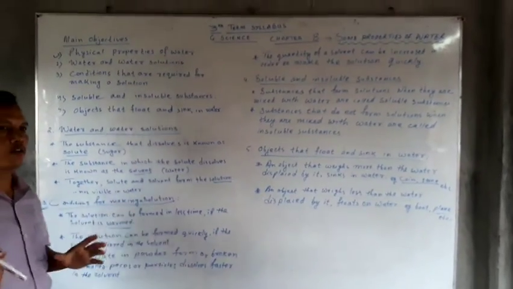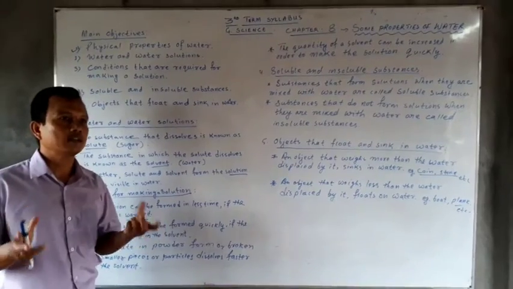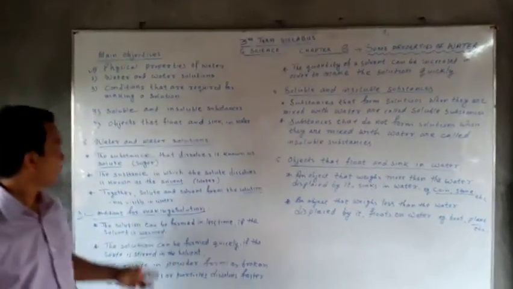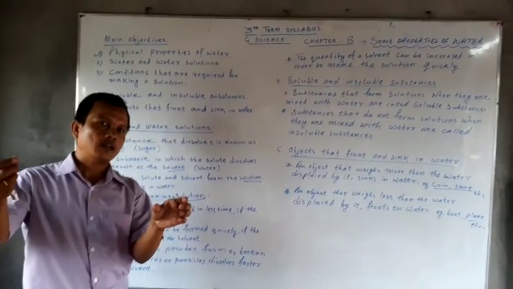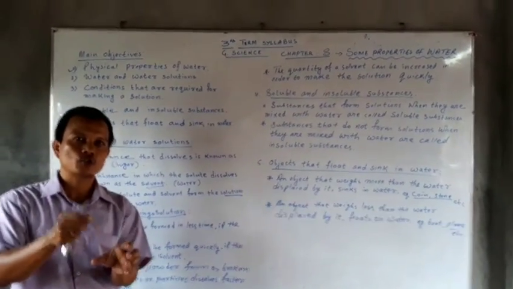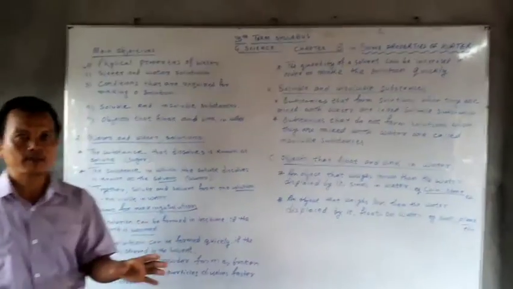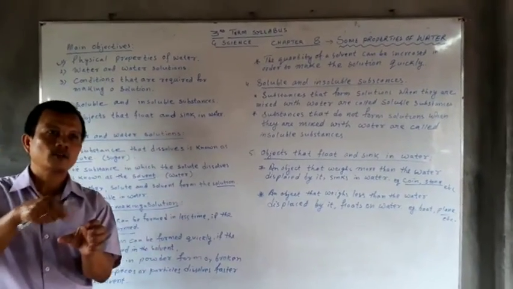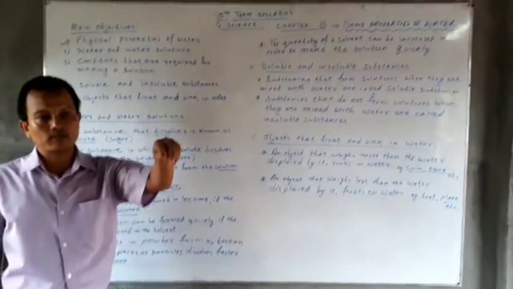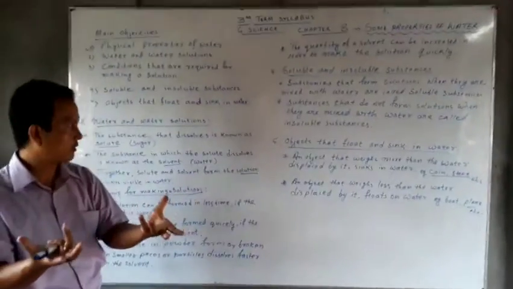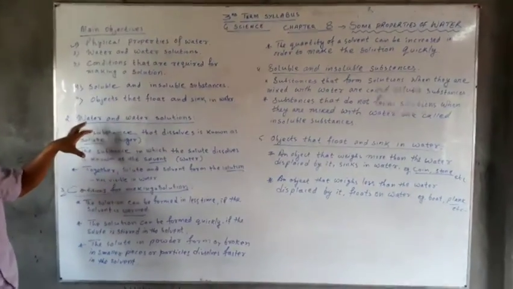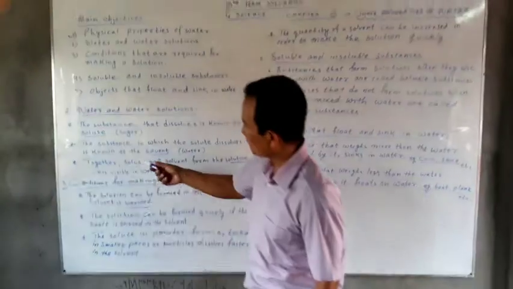You see, when you sometimes make juice or lemonade, what do we do? We take a glass of water, we mix in one scoop of sugar, one scoop of salt, whatever it may be. Then we mix it in the water, stir it, and along with lime juice we add it, and then we take that lemonade. So now here the thing we have to understand is, the substance